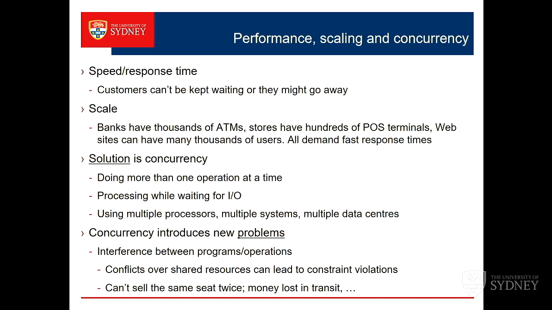So I've got a constraint in my system design which says you can't sell the same seat on the plane twice, because we can't have two people sitting in the same seat. One seat, one person, that's a constraint. But if I've got two flight booking bits of application running concurrently, what's to stop that from happening? They both go and say, oh, 43A is vacant, good, you can have 43A. Oh, 43A is vacant, you can have 43A. So there's a constraint there which we've got to make sure we don't violate.